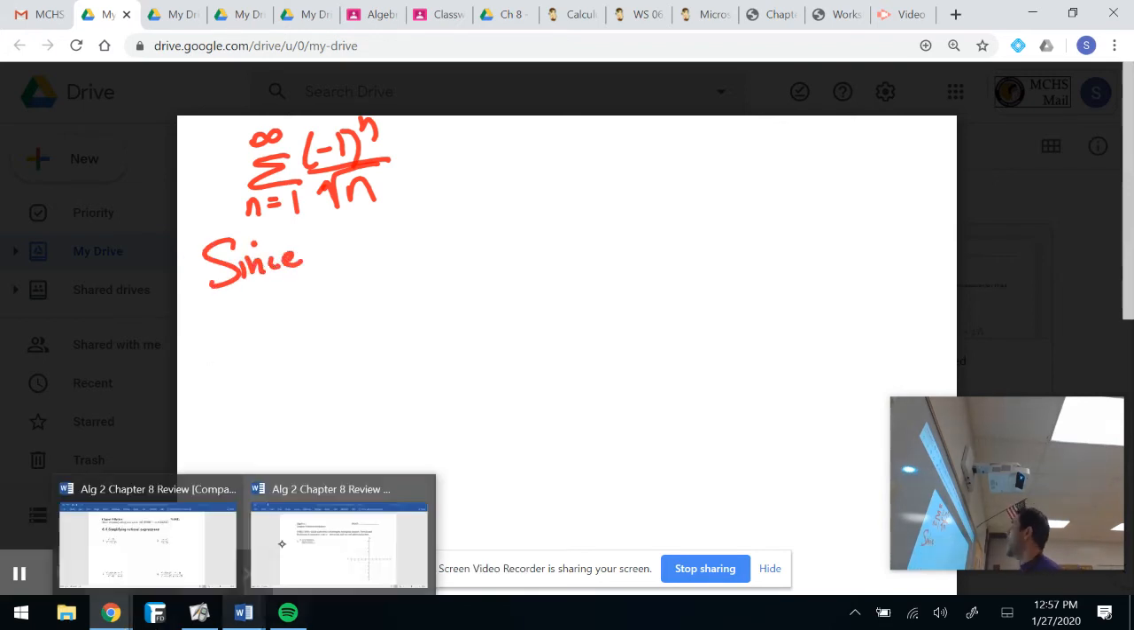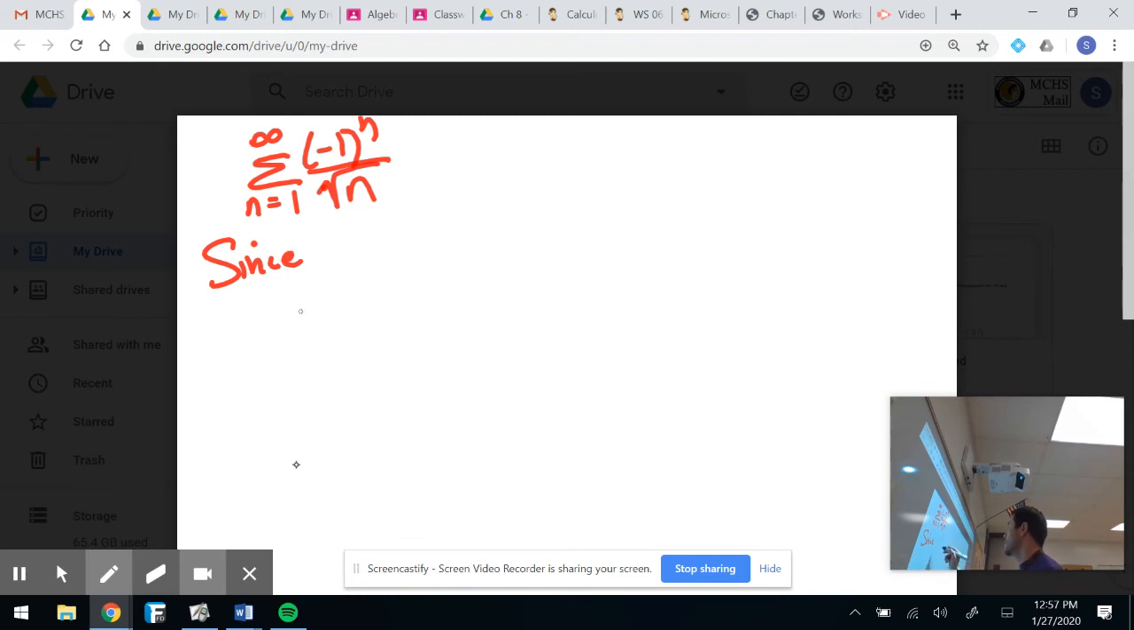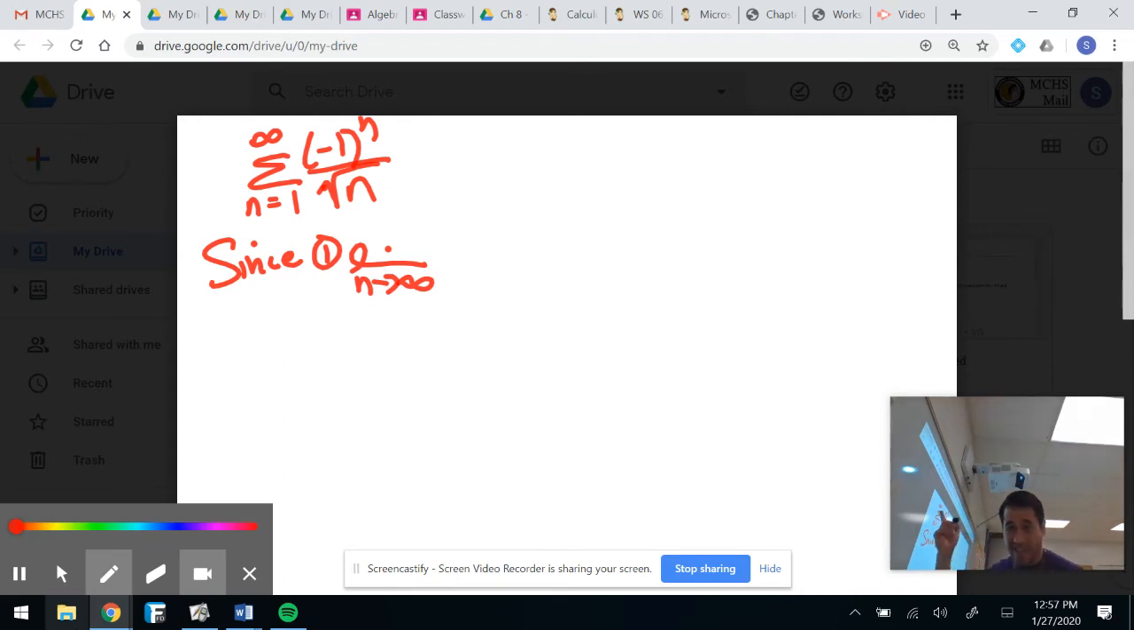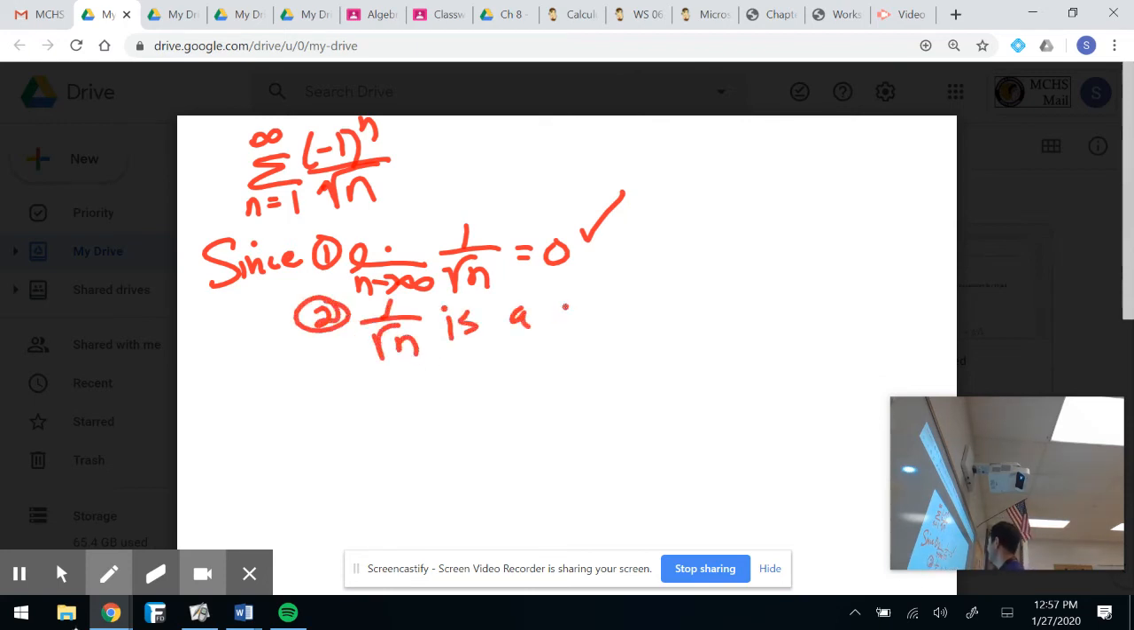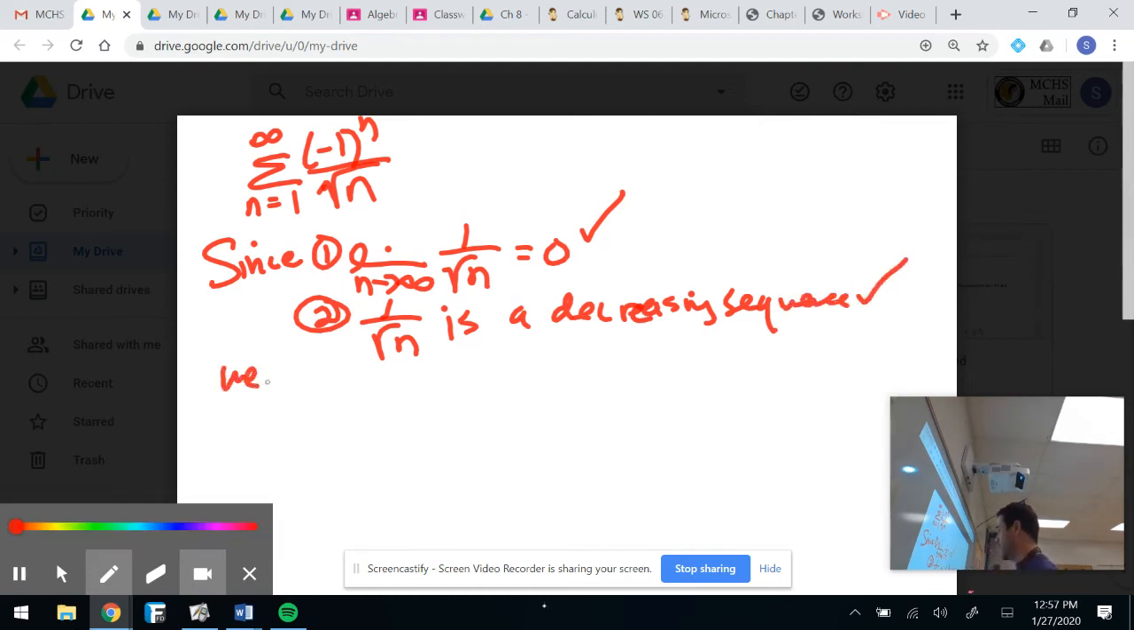since n goes from 1 to infinity, all I need is 2 things to work out. I almost started comparing this, but I can't compare, it's got the alternator in it. So all I have to do here is the limit of this guy, which is equal to 0. Check 1. And then 2, is 1 over the square root of n decreasing? For sure it is. It's definitely a decreasing sequence. Check 1, check 2. Then we know that